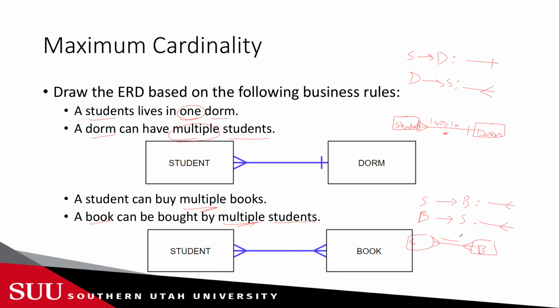Again, keep in mind that I didn't include the labels here, but we will have to include the label. So I will say something like lives in on top here, and I will say something like buys or can buy on here. Okay,